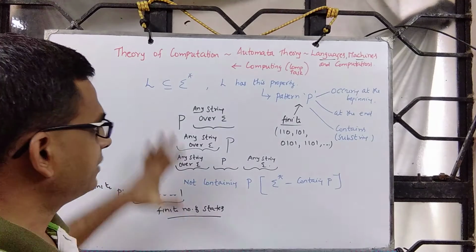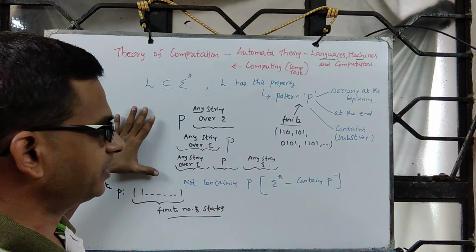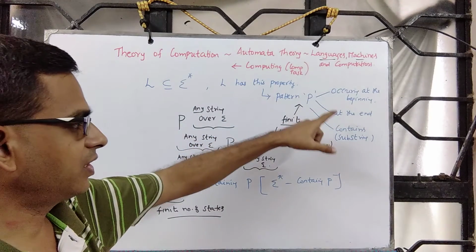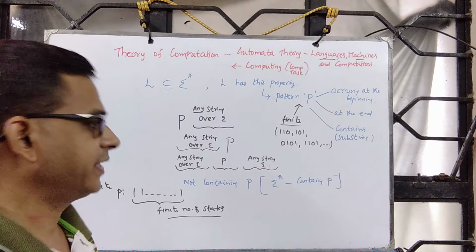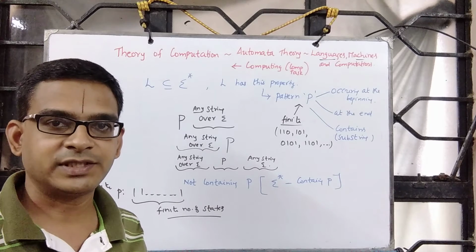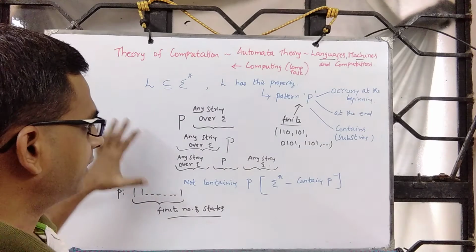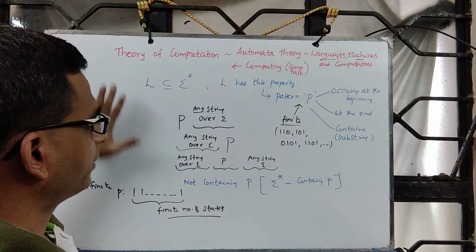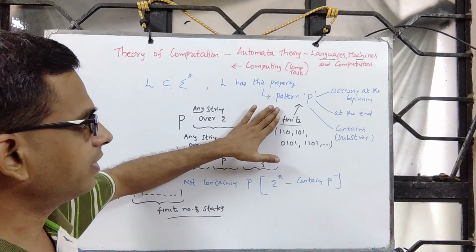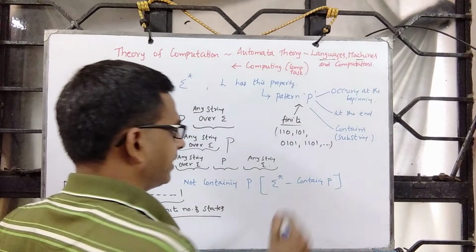Fine. So this tells you one can design a finite automaton, non-deterministic or deterministic, for a finite pattern that can occur at the beginning or at the end, or is contained. So that's the larger message from our discussion, from the case studies that we have seen so far. Now, the larger question is this. Can a finite automaton recognize a pattern P? And where is this P coming from? P is a finite pattern.